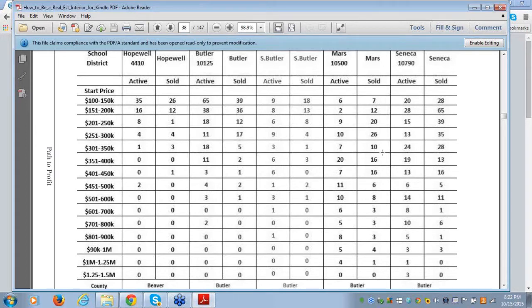So, in any case, the report is only the beginning. We need to get into some more subject matter, because this is just the beginning. What this does is allow you to focus your time and energy and money on a specific area. And the reason we use the school code in most cases, or the school district, or something related to the schools, is that a lot of times when people move into an area, one of the things they want to find out about is, I want my children to go to school in a good school district. And guess what? The sales data bears that out. The sales data tells you where people want to live. I'm pretty sure if I looked up Seneca Valley, this would be a pretty darn good school district. In fact, I know it is,